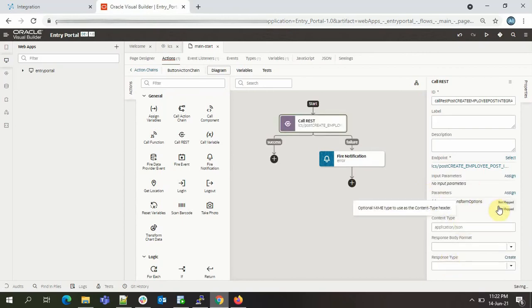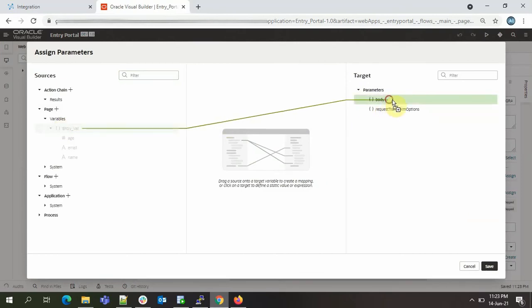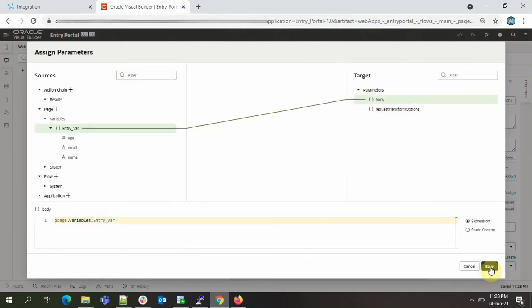Now we need to map the parameters. We'll be mapping the body here. We'll map the body with the variable which we created, and just click on save.